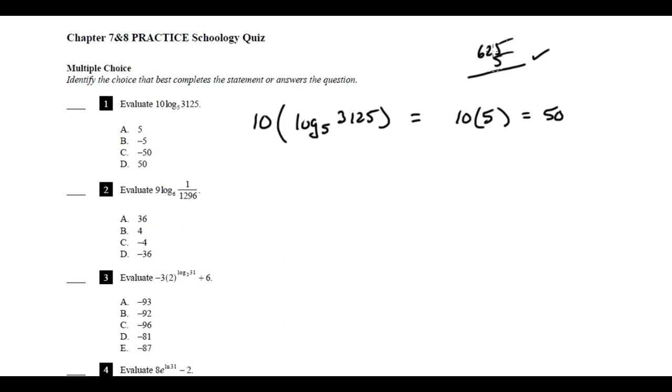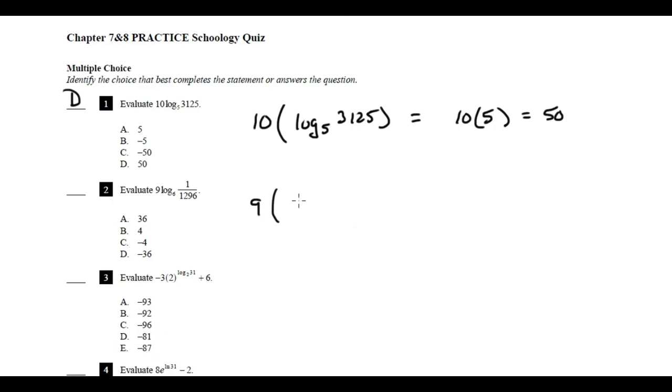So just to be clear on that 5, I have in brackets there, of course, that's to evaluate that log. 5 to the power of 5 is 3,125, so the log is the power required here, and then that is 5. Don't forget to multiply by the 10 out in front, so that looks like letter D is the correct answer. Number 2, same kind of a deal, except we have to multiply log base 6 of 1 over 1296